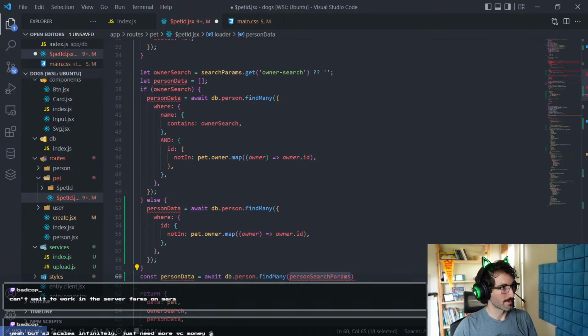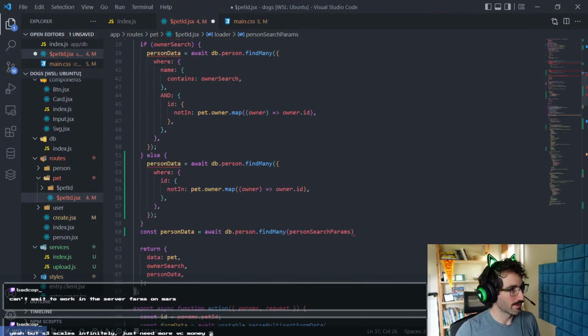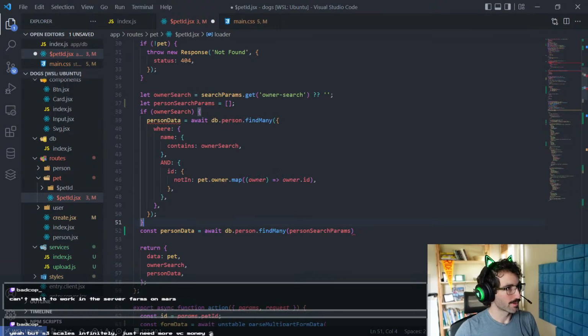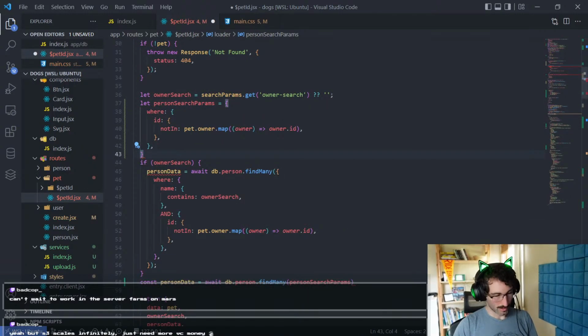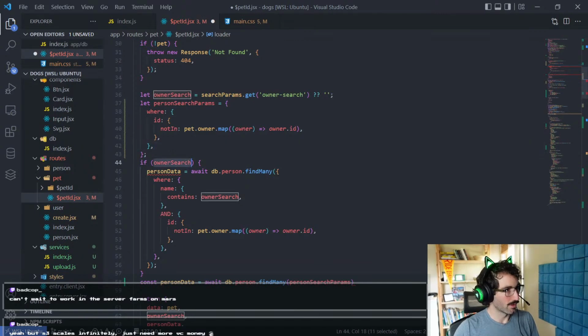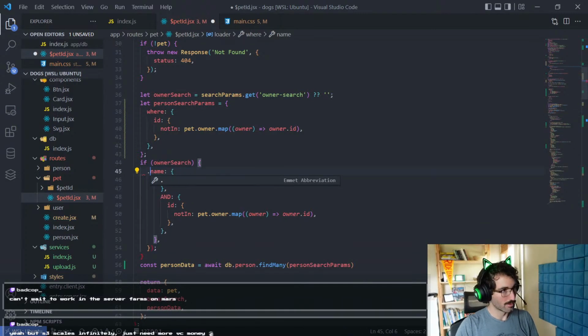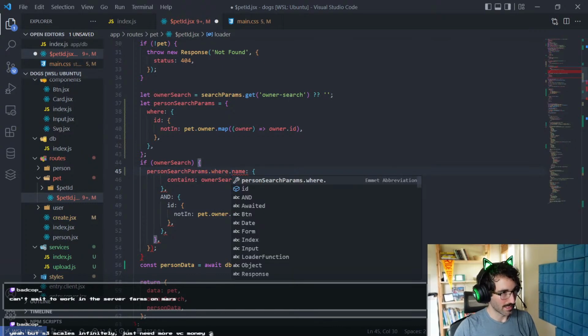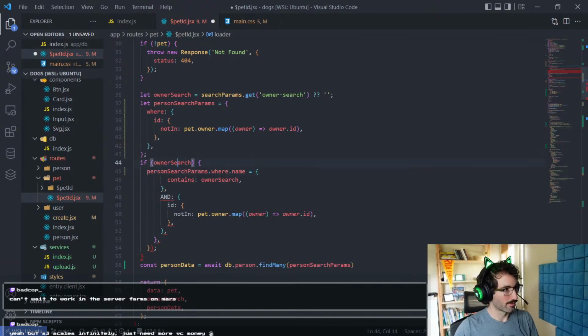Person search params is going to be this object, and because it's always going to look like this, we can clean this up a bit. And if we have the owner search, then we can say person search params dot where dot name equals